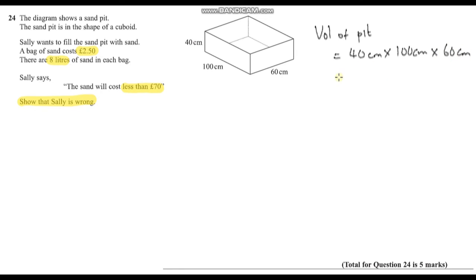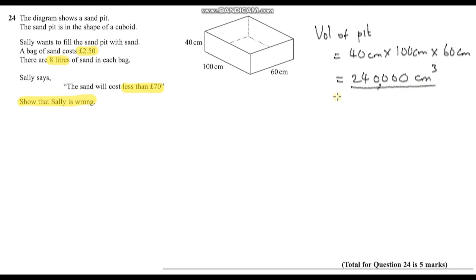So what is all of this? Well, 4 times 6 is 24. It's going to start with 24. Now let's just see how many zeros we've got. 1, 2, 3, 4. And that is going to be in centimetres cubed. So the volume of our sandpit is